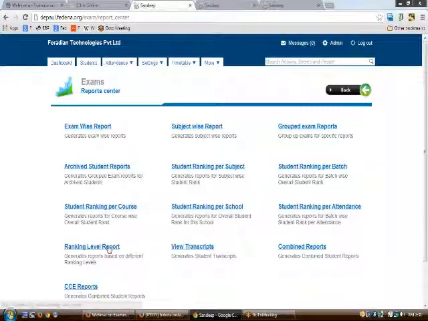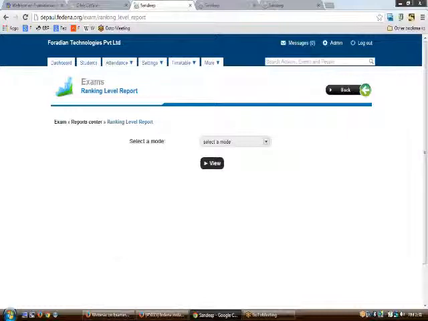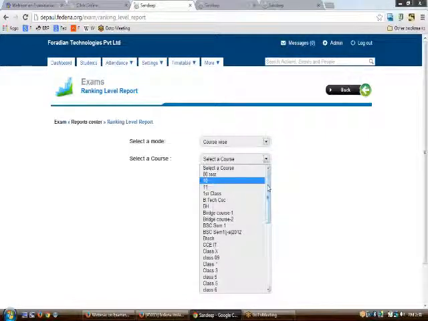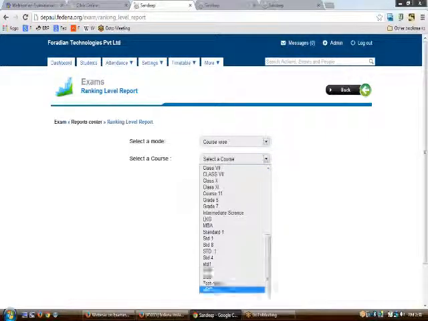Then we have some different things like the ranking level report. You can see the ranks of all the students as a whole. You can see the students as per the ranking levels that you have decided. So in the settings part, we have created something called ranking levels. So based upon those ranking levels, the students will be